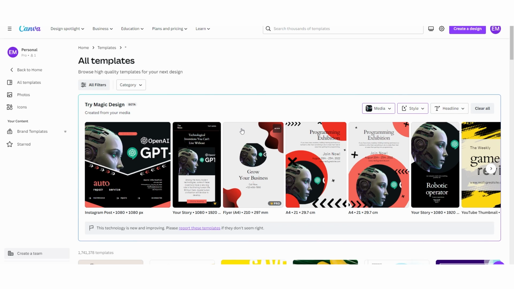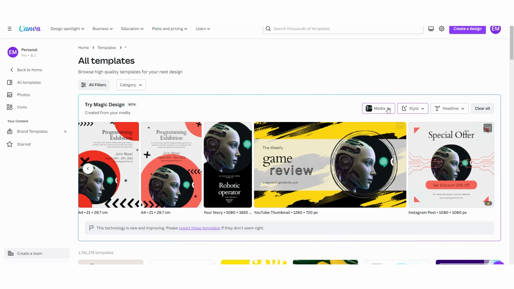Now it's actually really cool, because you can see right here that this one literally says robotic operator, and honestly this actually looks really cool. Like if I saw this on an Instagram story, I would say that this looks really cool. Now what's also cool is that this one of course has the technological inventions, but some of them aren't actually accurate. Like you can see right here, grow your business, cool. Now that one's not accurate. Of course there are going to be some that are accurate, but you can see right here that it's really cool. This one as well here actually has game review, so of course this could be from a video game,